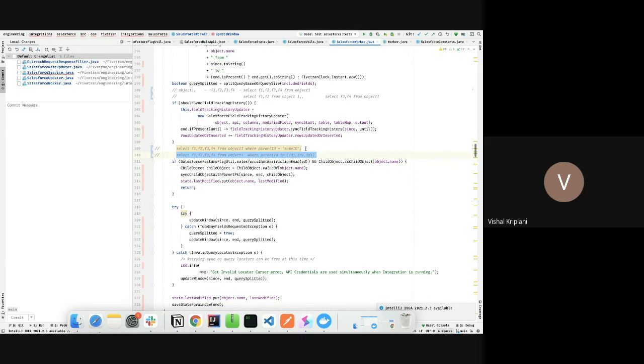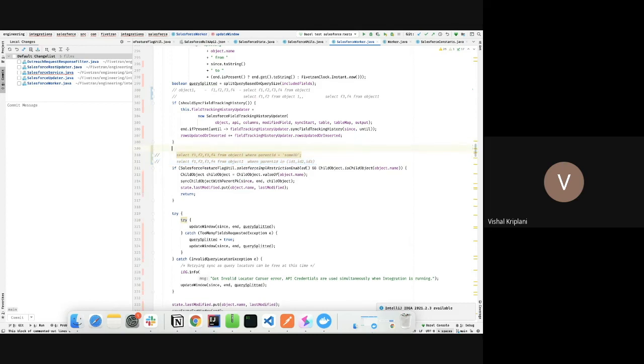If we sync by this method, it may take a lot of queries. How will we do this? First, we do an API call to get all the IDs of the parent. Let's suppose we have done one API call, select ID from parent.